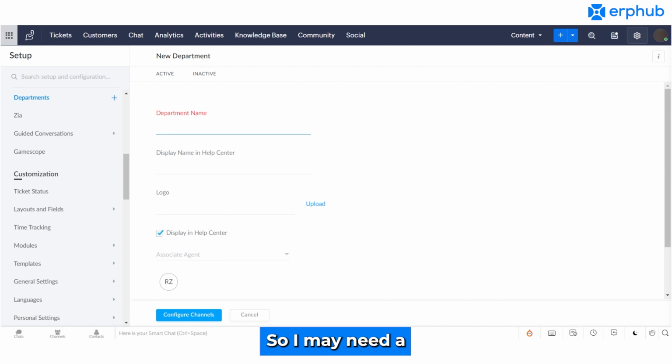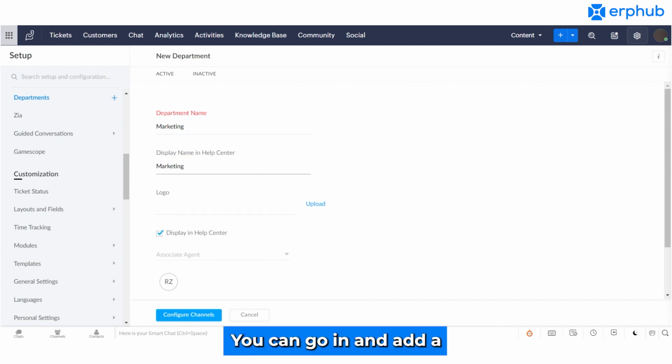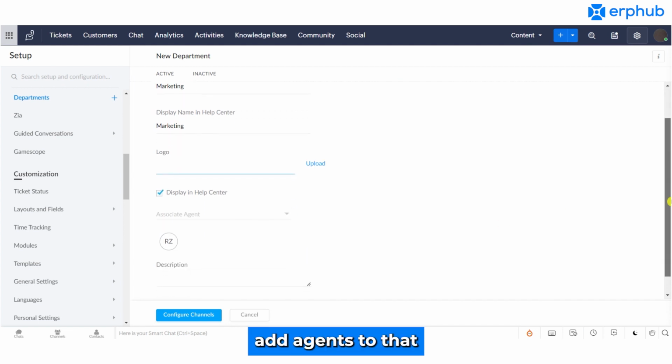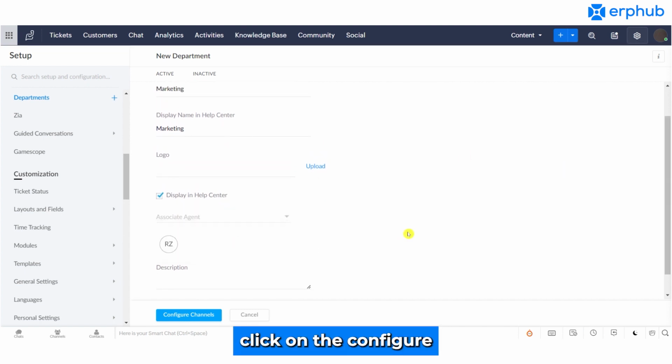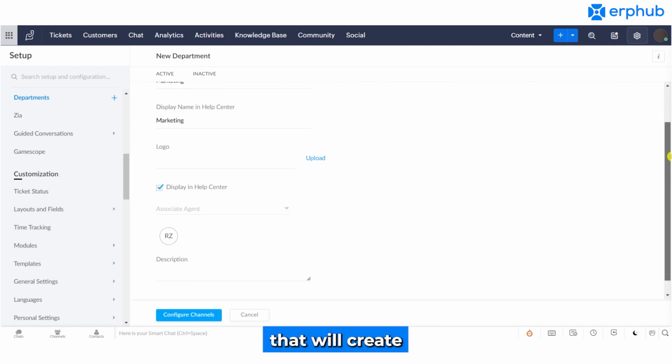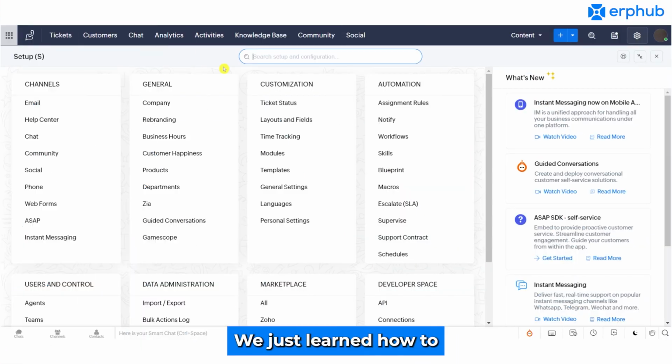So I may need a department for my marketing team, so I'll do that. You can go in and add a display name, what you want to be shown here. You can add a logo, and you can also add agents to that specific department. And once you're done, you can just simply click on the Configure Channels button, and that will create your channel for you. We just learned how to create a new department when you first log into Zoho Desk, and now